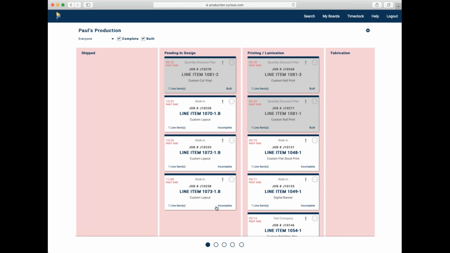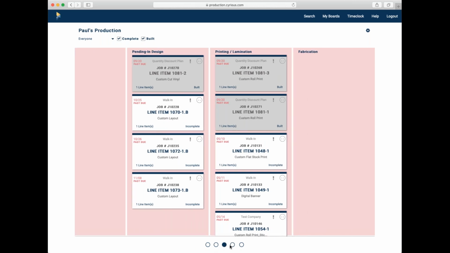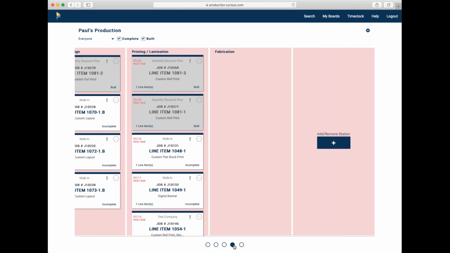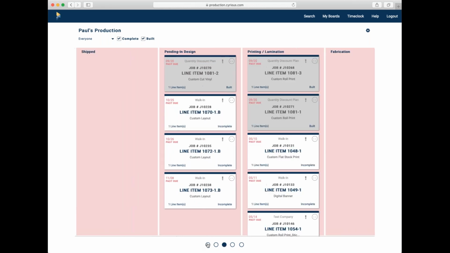Okay, so if I progress across, I'm seeing these 3 or 4. I don't have any others that are out there. So really, I have just these 5 stations